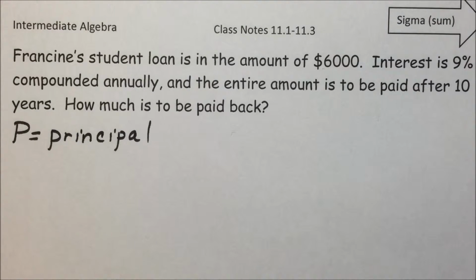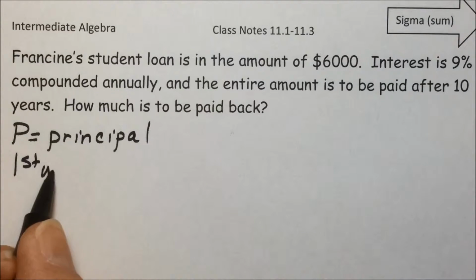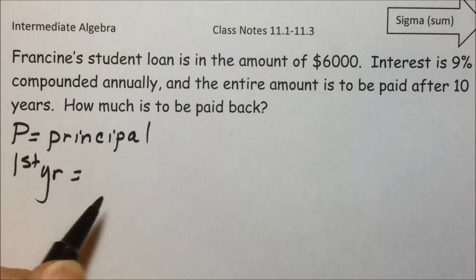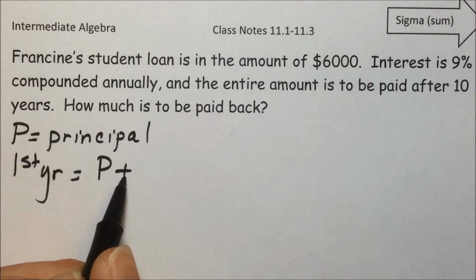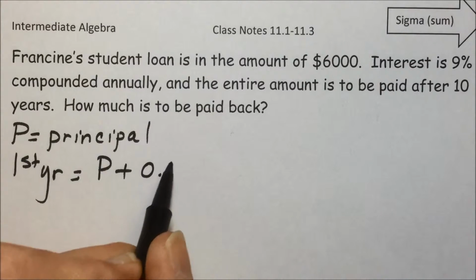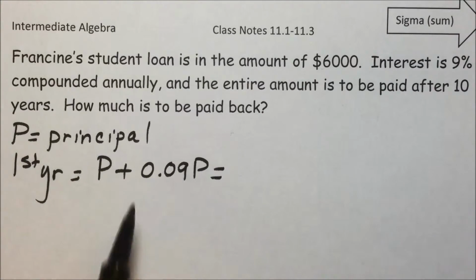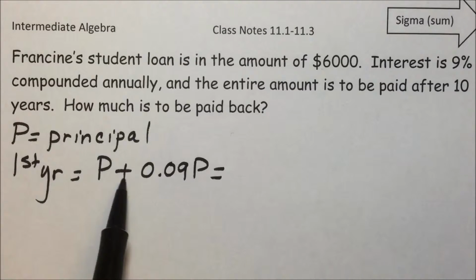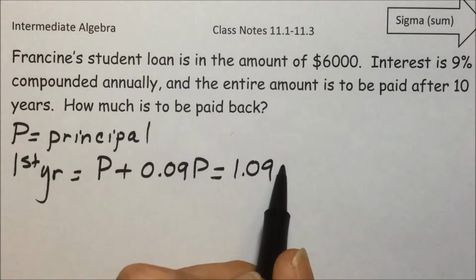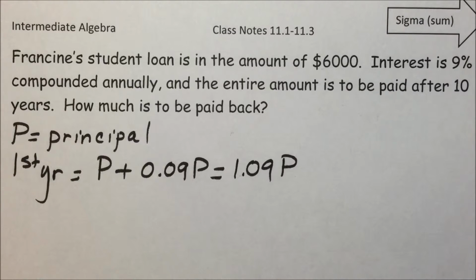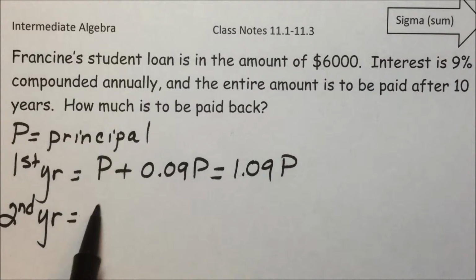So at the end of the first year, the amount owed will be the principal plus 9% times the principal. And if we add 1 plus 0.09, we end up with 1.09 P. That's the first year. The second year, they will owe